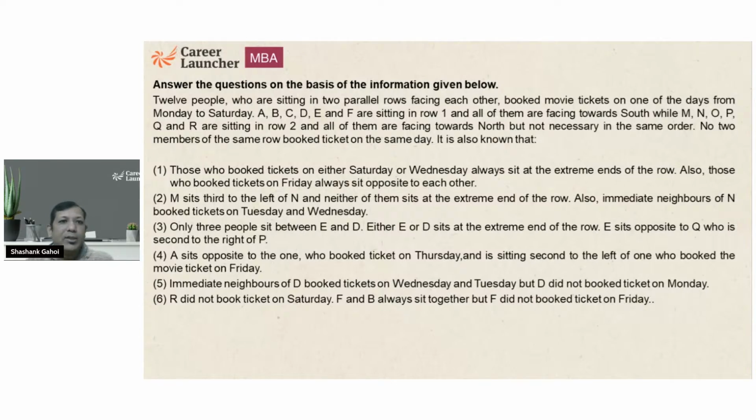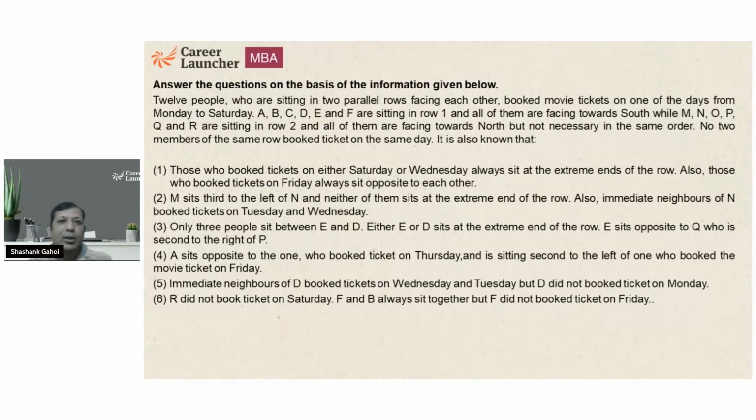A, B, C, D, E, F are sitting in row 1 and all of them are facing towards south. M, N, O, P, Q, R are sitting in row 2. All of them are facing towards north, but not necessarily in the same order. Row 2 members, okay. So basically, Monday to Saturday, there are 6 days, 6 movie tickets, 6 people, and